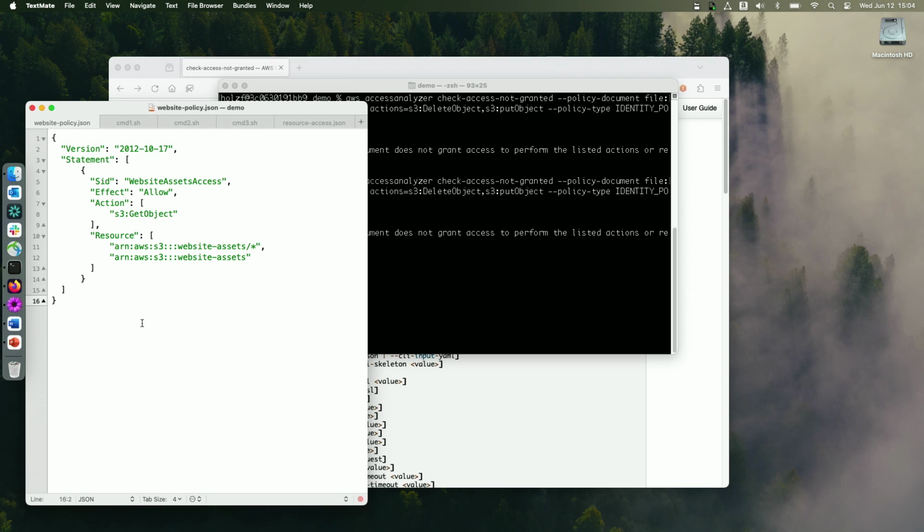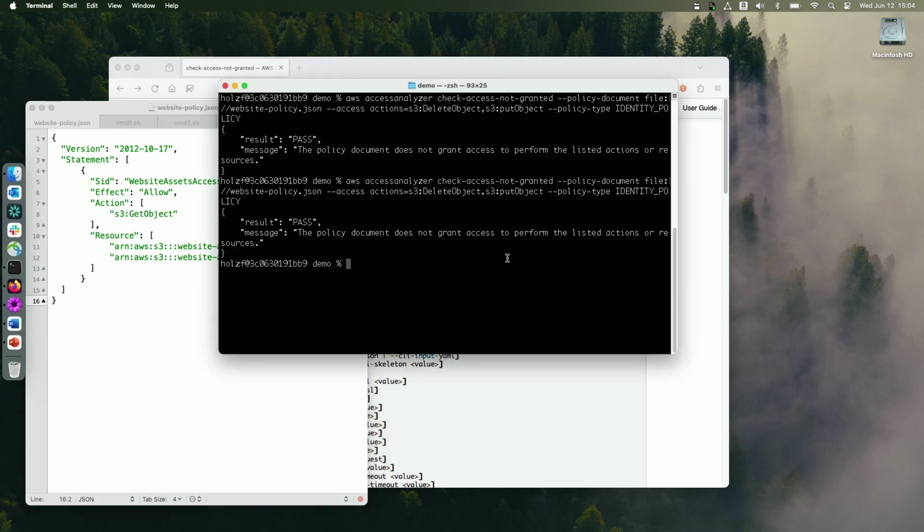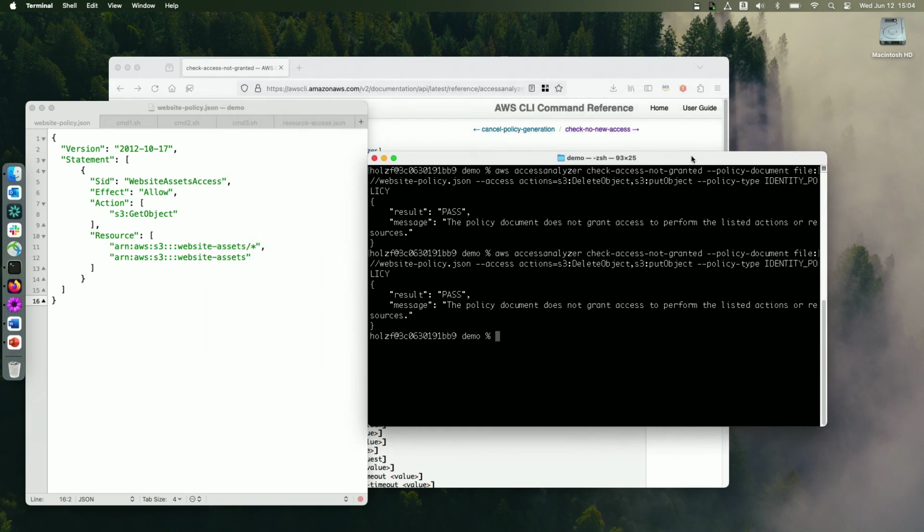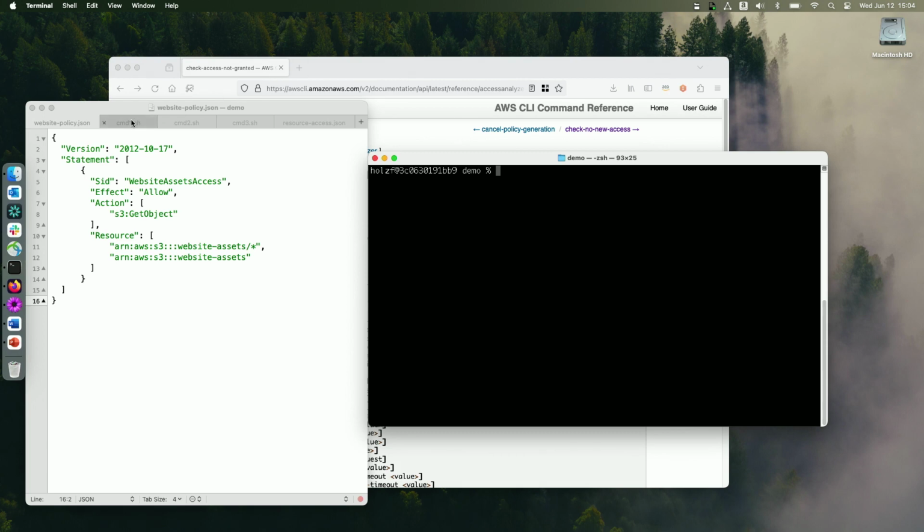Let's start with the very first demo. I have this very, very small policy called website policy. It's something I have in my document as well. So let's just see if I can move this next to it. Yeah, that is obviously cheating. So what I'm gonna do first,